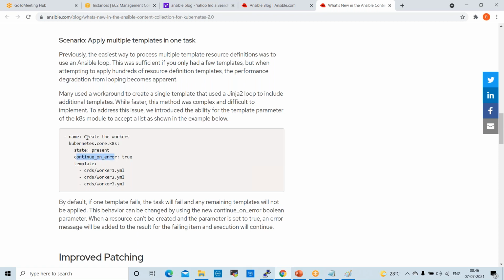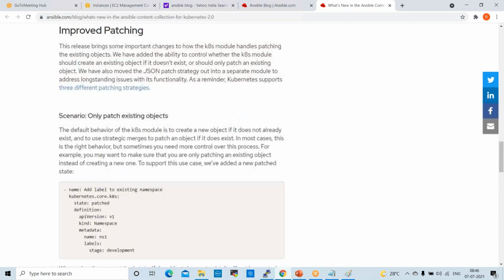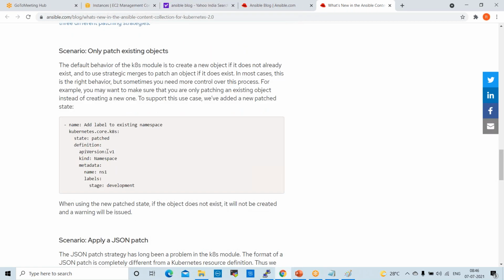Okay, create the workers. Worker means nodes. Okay, this is the syntax. And the next one is add label to existing namespace in Kubernetes. So if you want to add labels to an existing namespace, this is the playbook in Ansible.